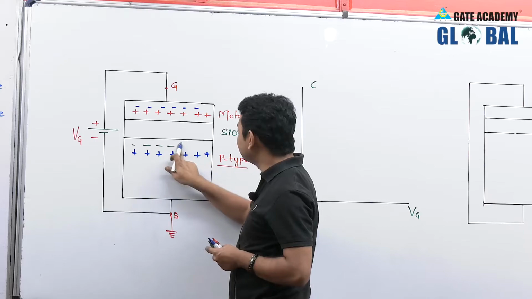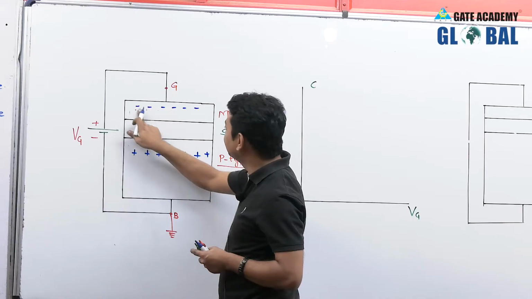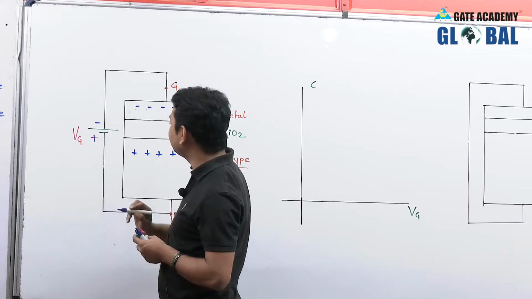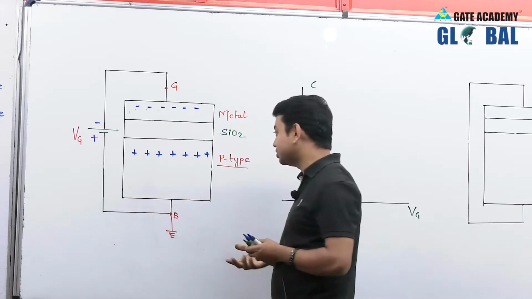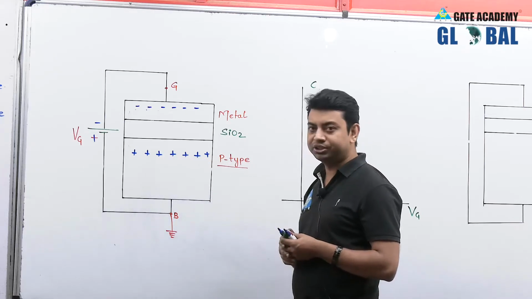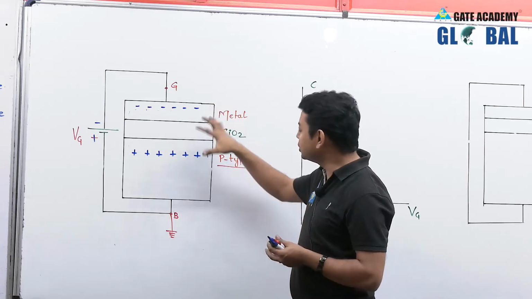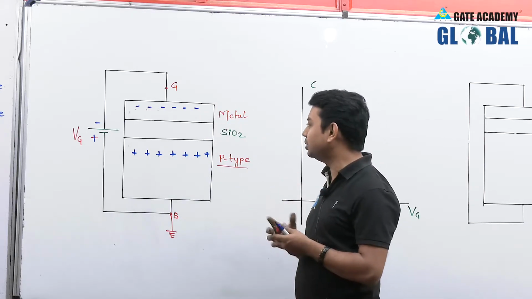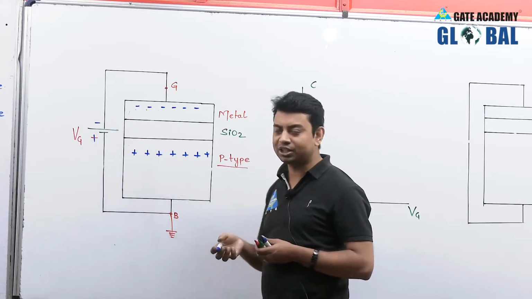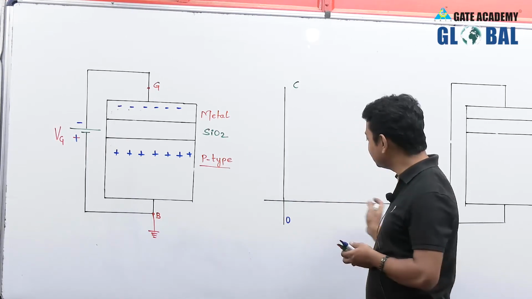So I am removing this part from here and this part from here. Now try to understand that if we are applying a negative voltage here, we are getting simultaneously the positive potential on the body side, and this body side will get holes. What are these positive charges? These positive charges are nothing but holes, and this particular mode of operation is known as the accumulation mode. So in this accumulation mode we have the negative gate voltage, that means it is left of this Vg.